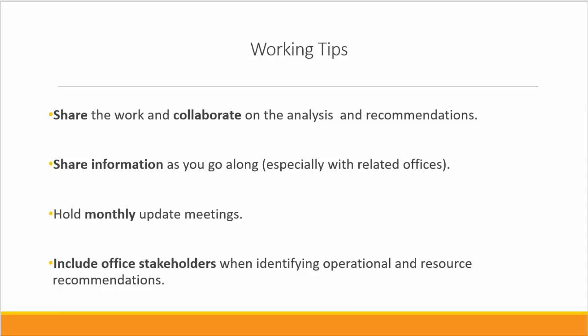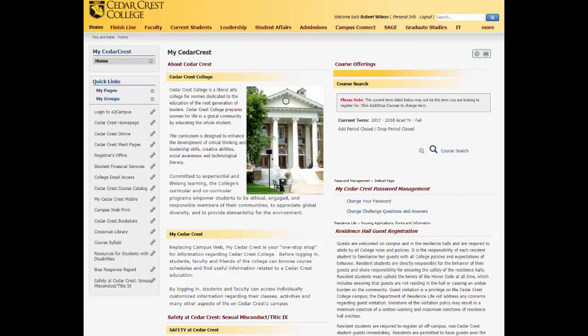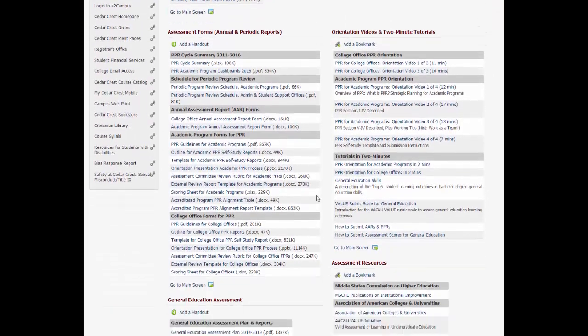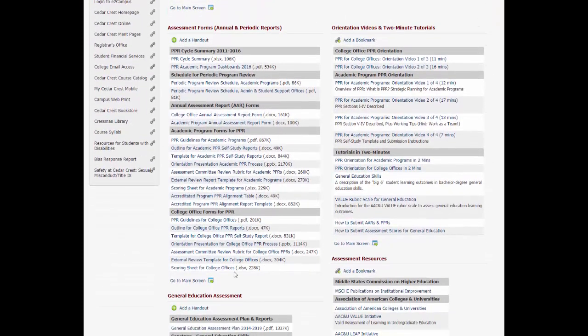So once you have the self-study underway, how will you submit it? To start off, you want to get logged into My Cedar Crest, and then in the list of red links up at the top under More, you'll find the assessment page. Here is where, under college office forms for PPR, you'll find some essential documents